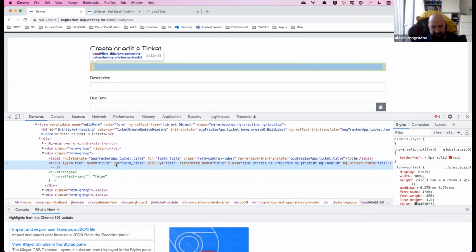We could have two problems. The first problem is that we are going to delete it afterwards, so it should be no problem if everything works fine. But imagine we have a bug, then this ticket with this name will be left there and will probably disturb us at the next test runs. Also, having more than one title with exactly the same name will make it difficult to differentiate between these titles in further runs of our test. So it's always a good idea to create some dynamic test names.